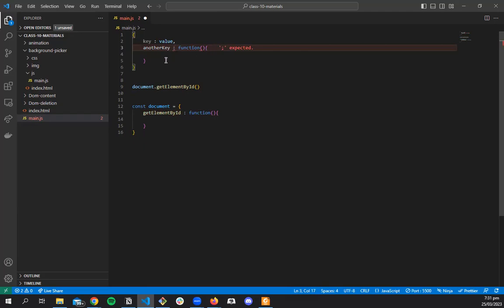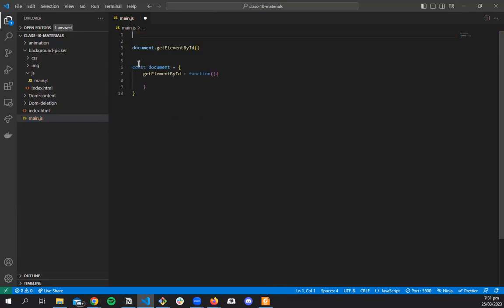So essentially, all this is saying is that in our document object, we have a method. A method is just a function. So it's a key where the value is a function. So in our document object, we have this function, get element by ID, and it is doing something. And we didn't have to write it ourselves. They've already written it. It comes as part of the spec. So the document is just an object. And when we console logged it,